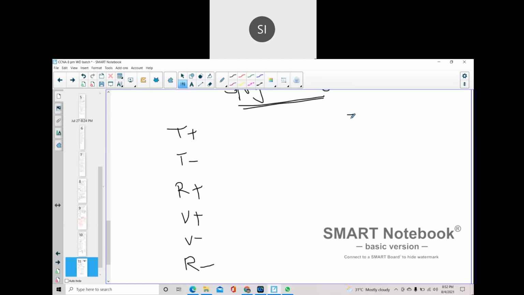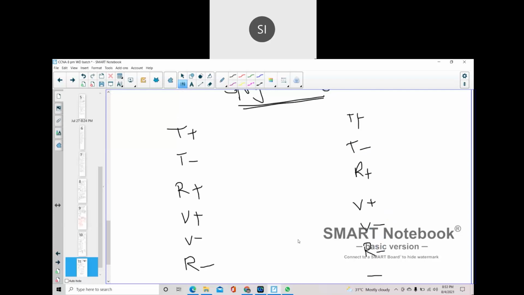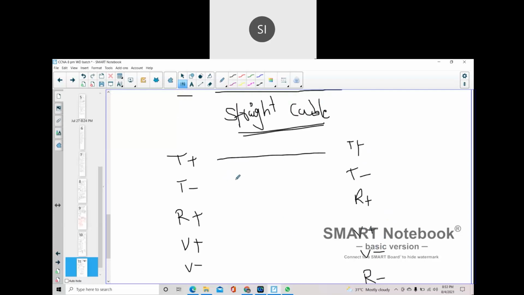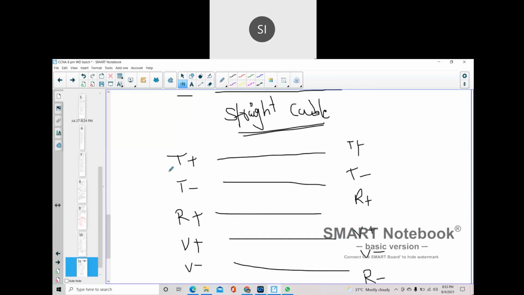So in a straight cable, both ends have the same color coding. If you check a LAN cable, both ends will be the same color coding.